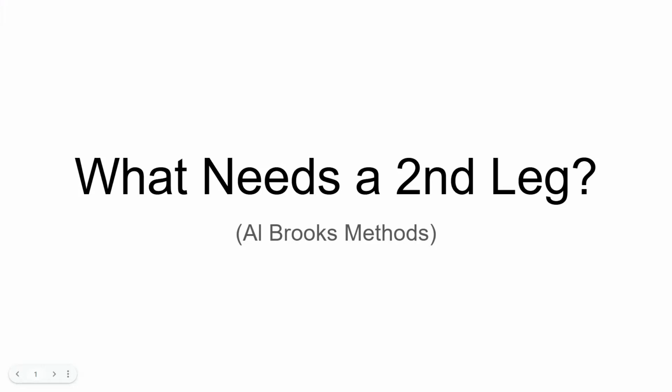I wanted to make a video on what needs a second leg, what type of bars and types of contexts need a second leg. There's a lot of different ways to identify stuff that needs a second leg, but I'm just going to go over basically three main ways to pick out what might and what might not get a second leg. And ultimately, this should help you learn how to sit through minor reversals